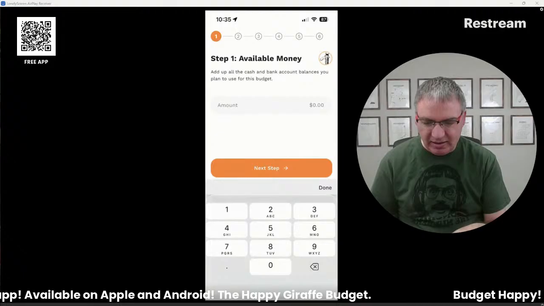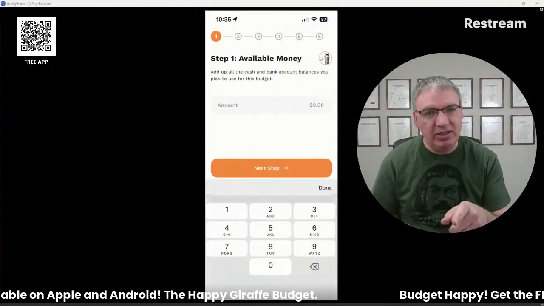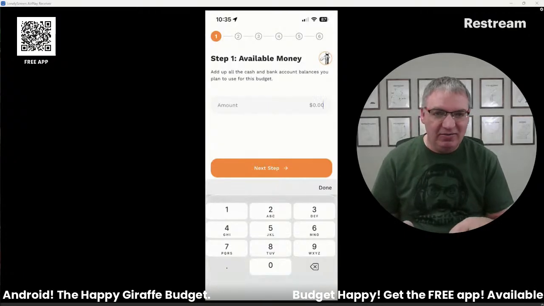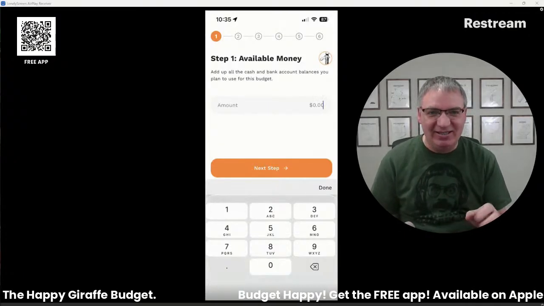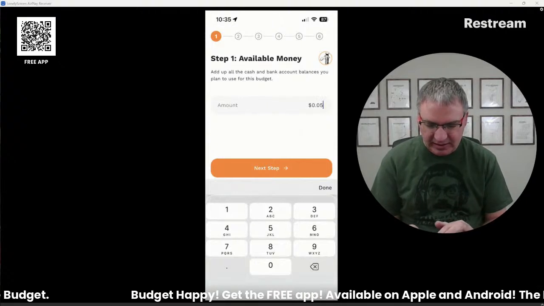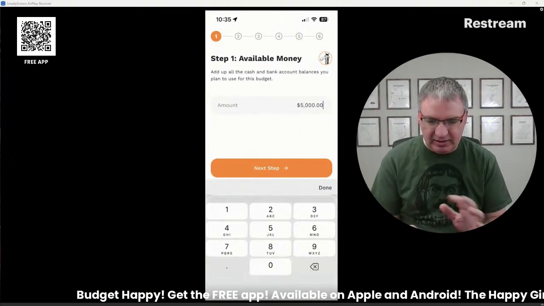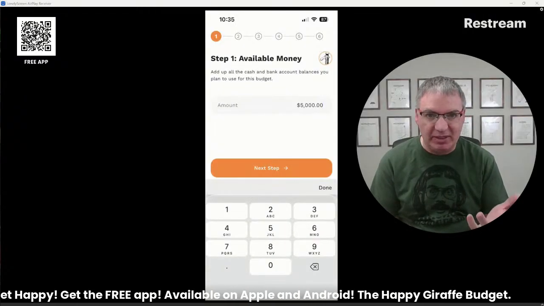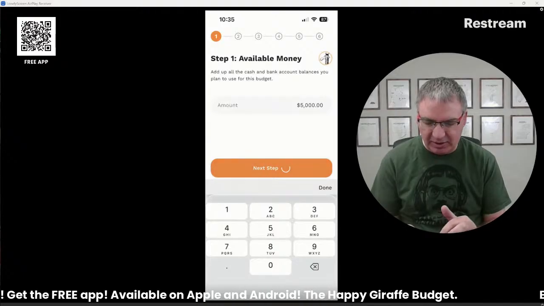The only interesting thing about these numbers is that they bought their house a while ago because their mortgage is only $2,100 a month, which would be fabulous. I'm sure if anyone's bought a house recently, they're paying a little more than that. So let's just say you've got $5,000 in your account because it's the end of the month. So hopefully you've got enough to pay your mortgage and a few other bills coming up here soon.